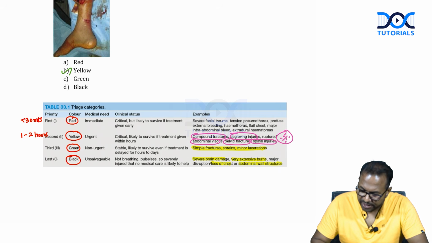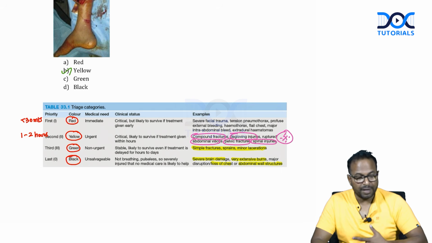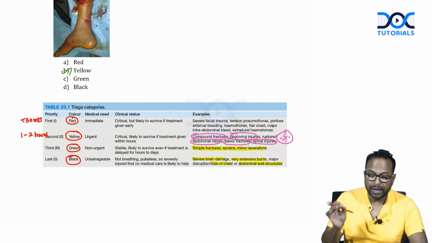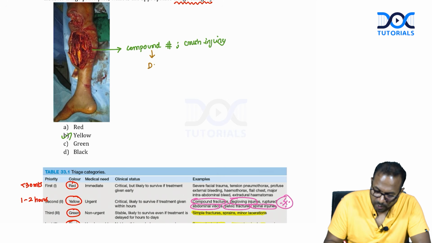See, severe facial trauma, tension pneumothorax, excessive bleeding, hemothorax, flail chest, major intra-abdominal bleed, extradural hemorrhage. All these cases you can treat within 30 minutes. And this case is a case of compound fracture. So please remember degloving injuries,